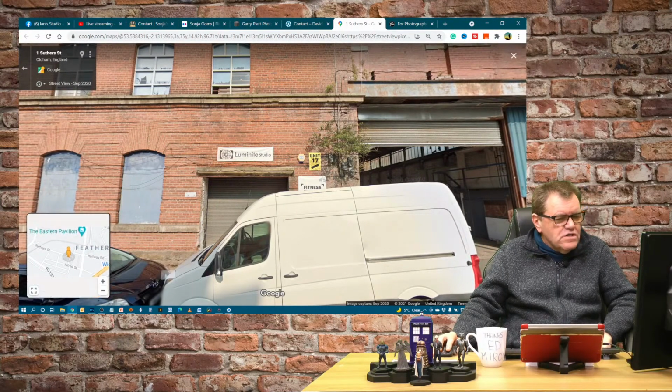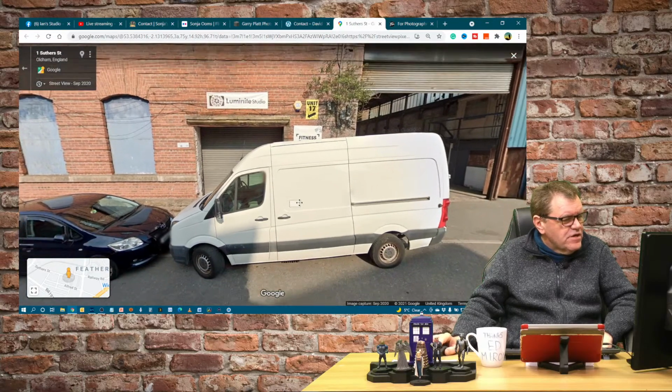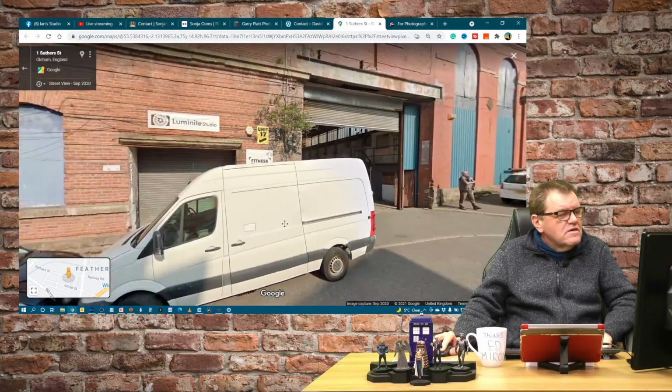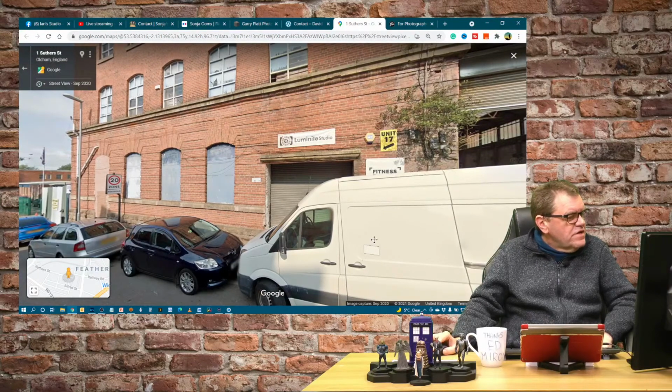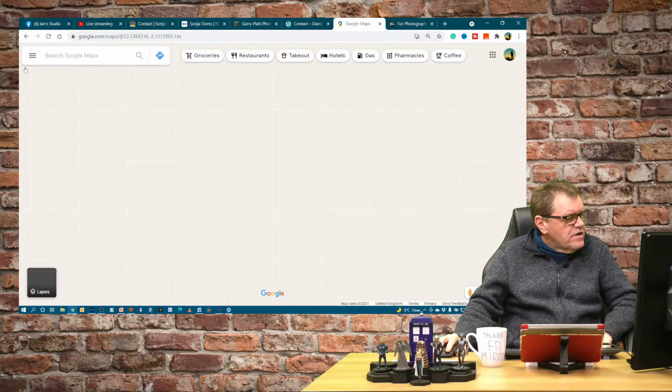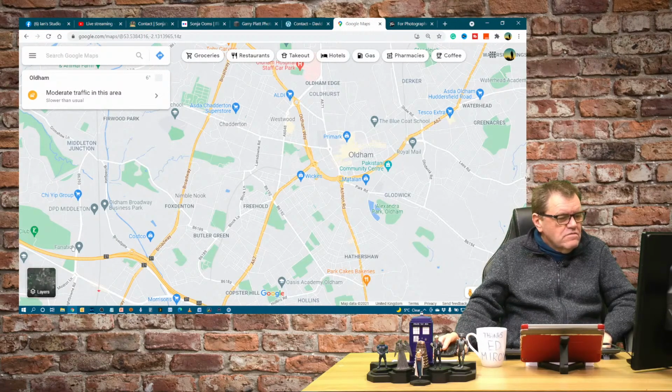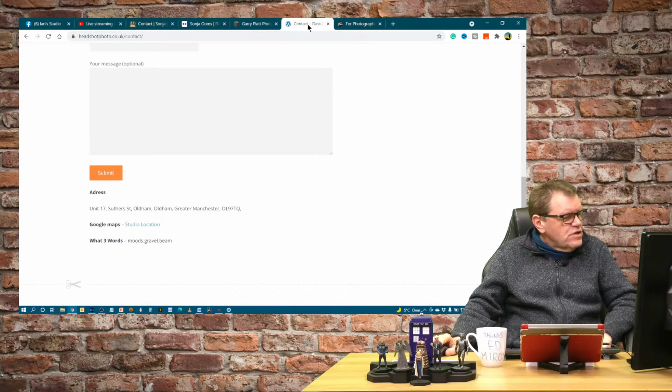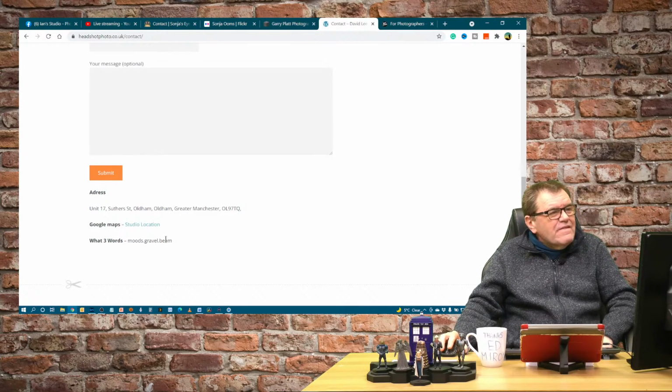That's interesting. You've chosen to go into Street View rather than the map view for it. Personally, I'd have probably gone to the map, but, oh yeah, okay, that's a little bit confusing once I come out of there to see where that is. But fortunately, I'll close that window. Fortunately, what you have done is you've got the What3Words on there, which is great.